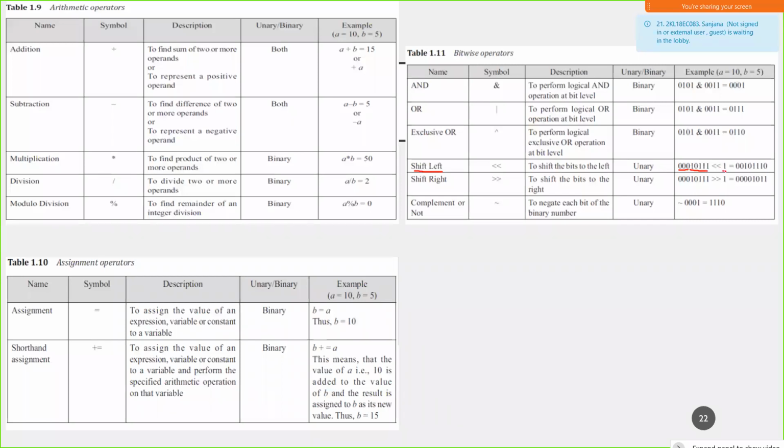You want to shift it by how much? You want to shift it by 1 bit. This is what this indicates. So if you want to shift it by 1 bit, then this one will be equivalent to shifting 1 bit each this side. So here what happens is this bit goes off. So this will be there 0 0 1 0 1 1 1. And what about the last one? Last bit will be replaced with 0.